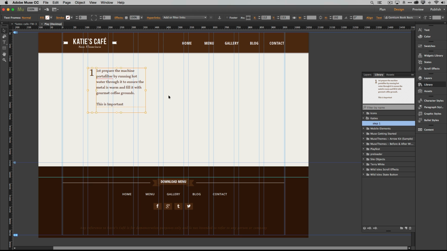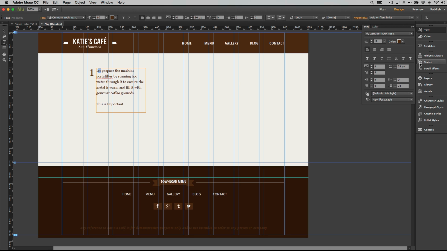Now, when I drag the text onto the page, of course, it comes in the way it was styled originally. And now that I'm in Muse in the February update, I can take advantage of some new features. First and foremost, it says prepare the machine. Well, I would love that to be first and not 1ST. So let's go ahead and highlight the ST, go to our text panel, and you guessed it, we have uppercase,